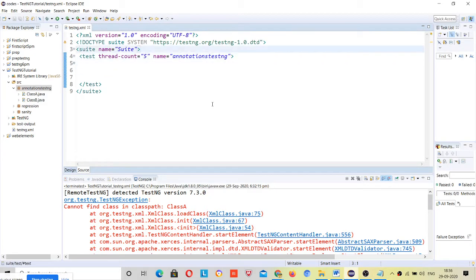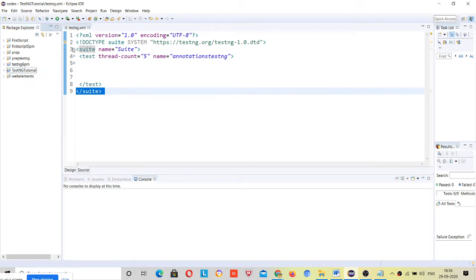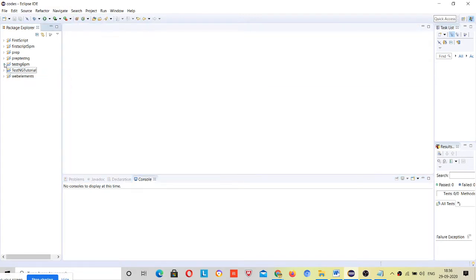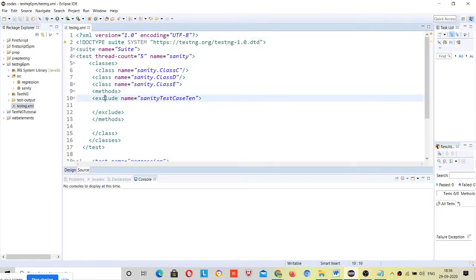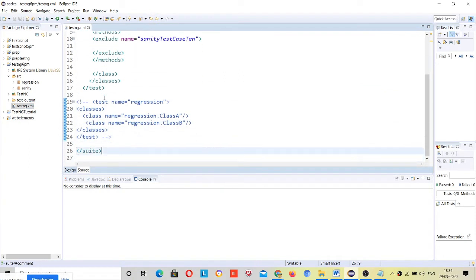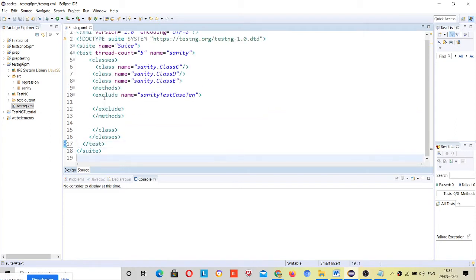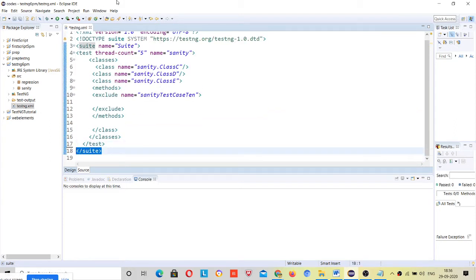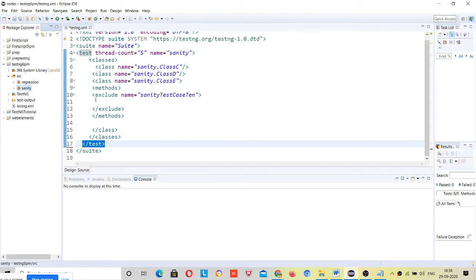So this is your suite level, meaning the whole project level, right? So suite, okay, let me come to your batch 6 p.m. Okay, so we have done this way. What does this suite level mean? This means the whole project level, right? This suite close and open and close, right? And what this test means is your package level, right? You can define multiple packages, regression, sanity.